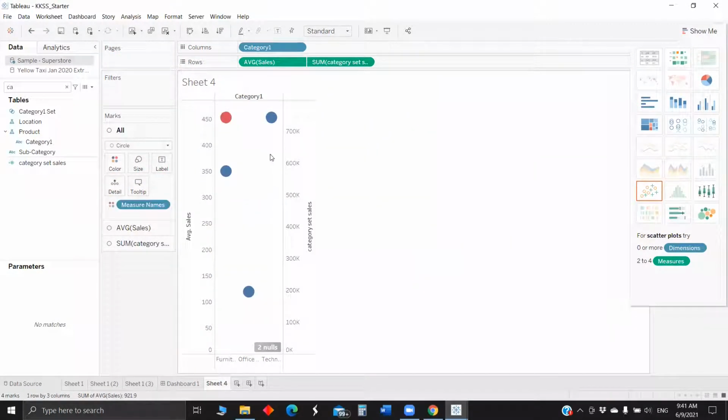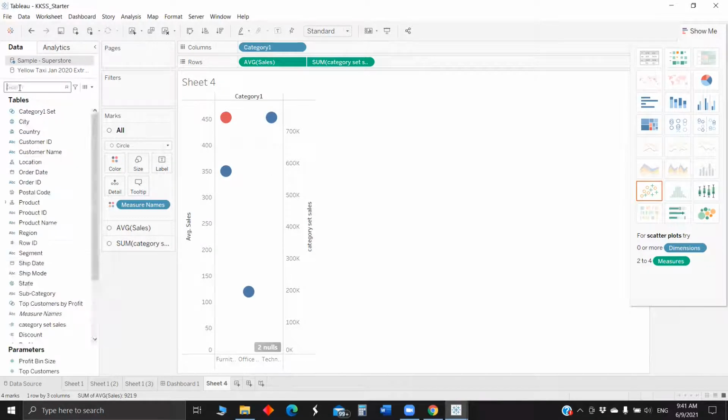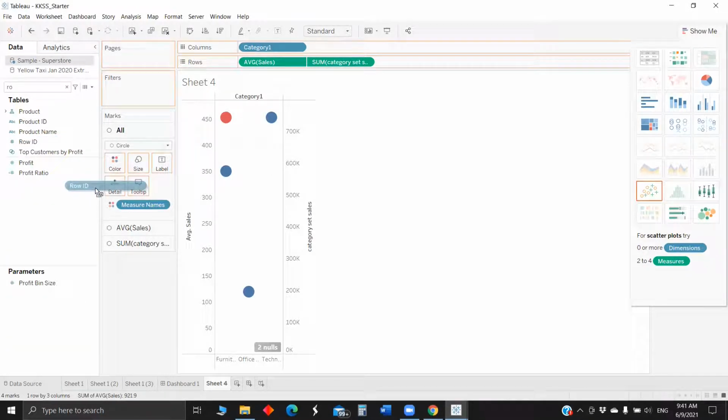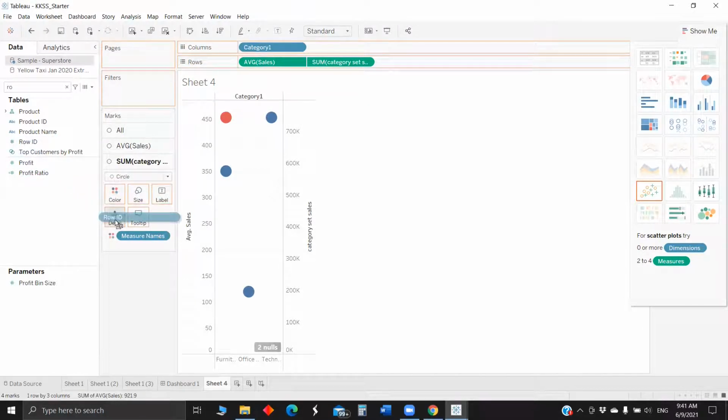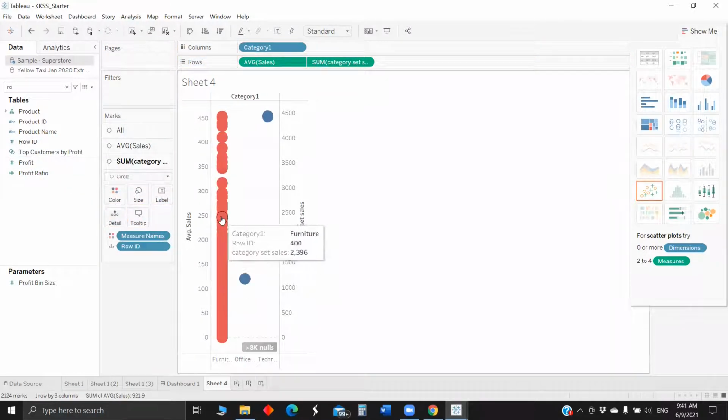Now currently it's showing the average and the sum of category for all the furniture total, irrespective of the order; it's showing the aggregate level. Since we want it at a more granular level, we have to just pull the row ID. If we pull the row ID now, instead of showing the sum, the distribution will happen.